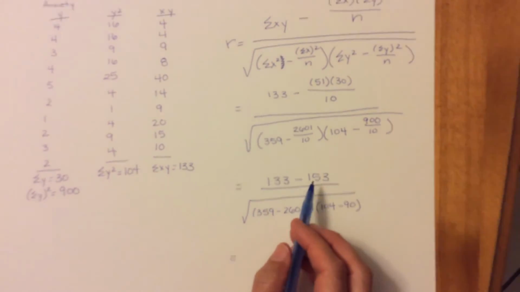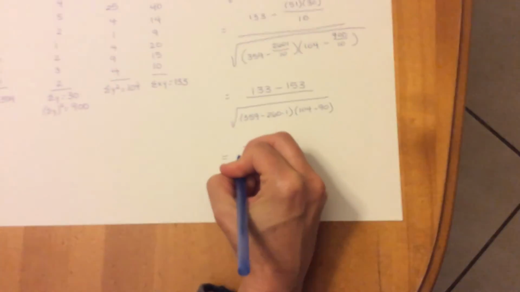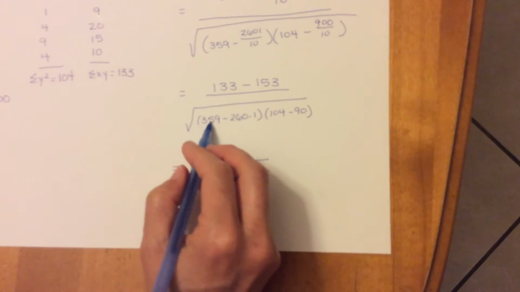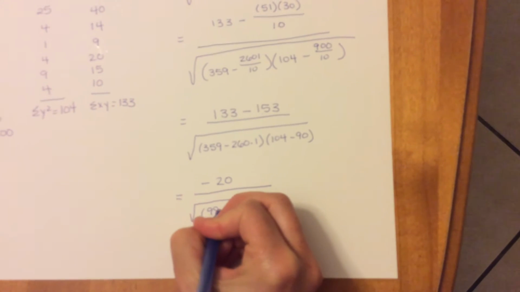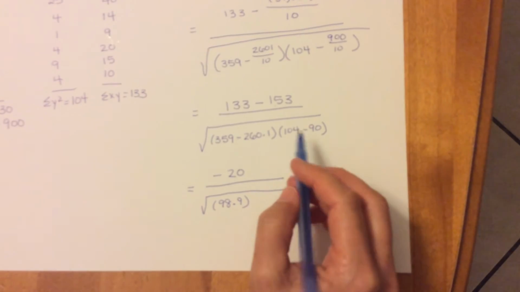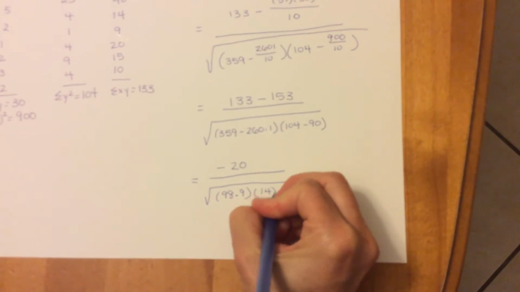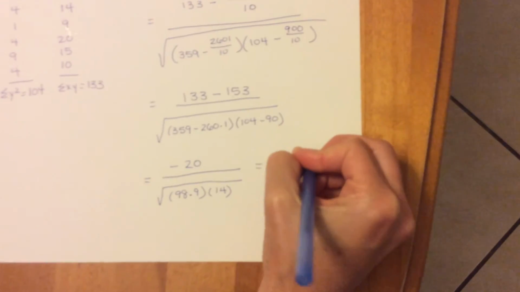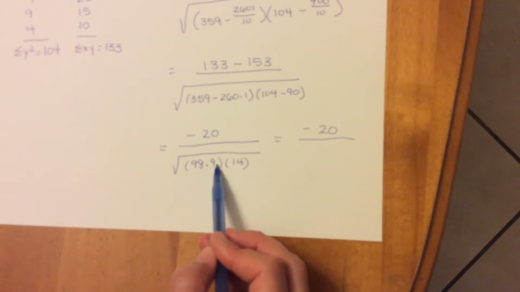Now our top expression, don't be surprised, this is going to be a negative 20. Remember, we can have negative correlations, and that's what we're computing here. Over the square root of 359 minus 260.1 is 98.9. And I did that on the calculator. And then I go 104 minus 90, that is 14. So that's going to equal negative 20 over, so I just put this in my calculator, 98.9 times 14,